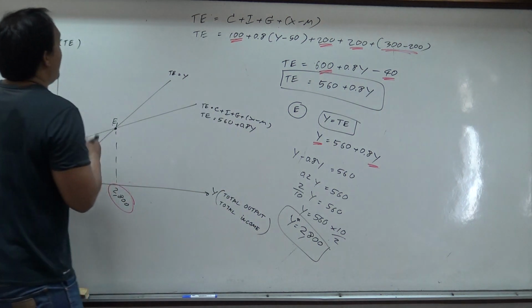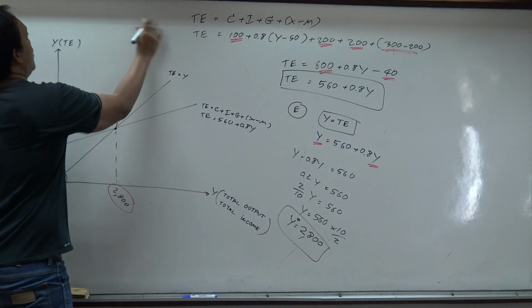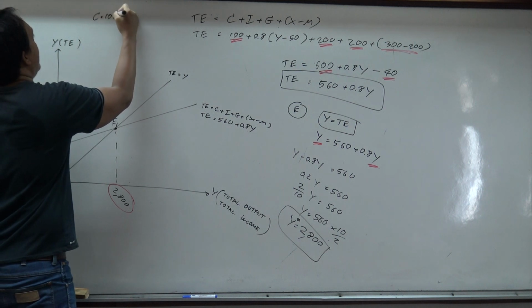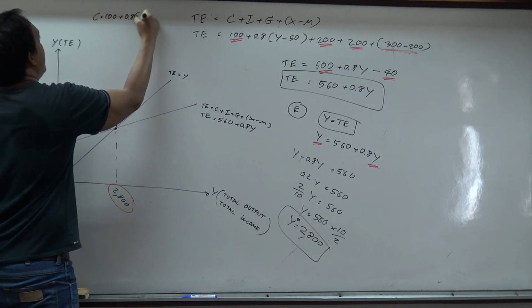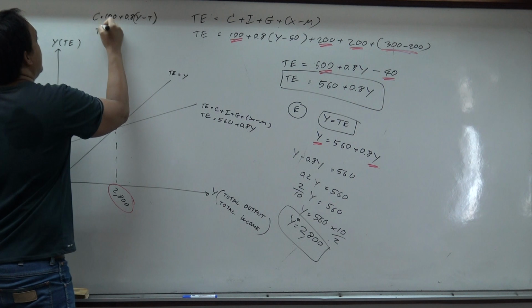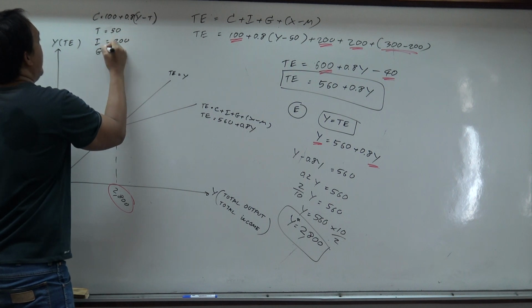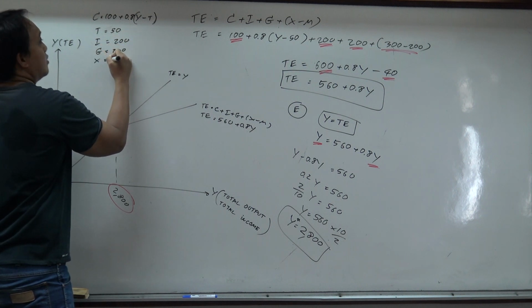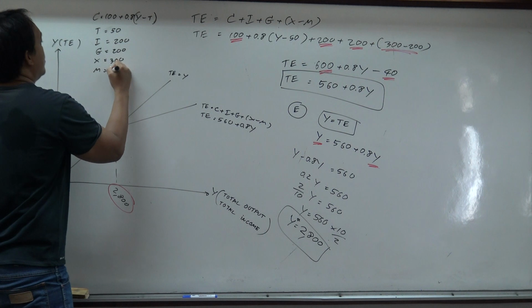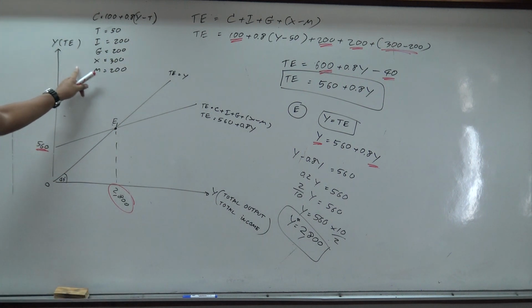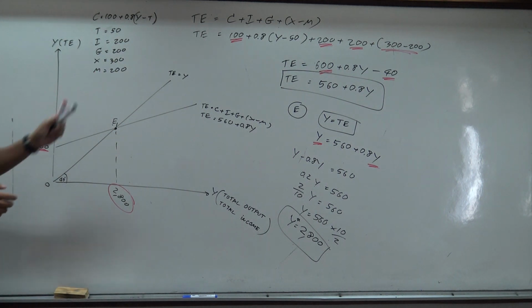Okay, I assume that C equals 100 plus 0.8y minus t, equal to 50. I equals 200, G equals 200, X equals 300, M equals 200, right? This is what I assume, okay? So then